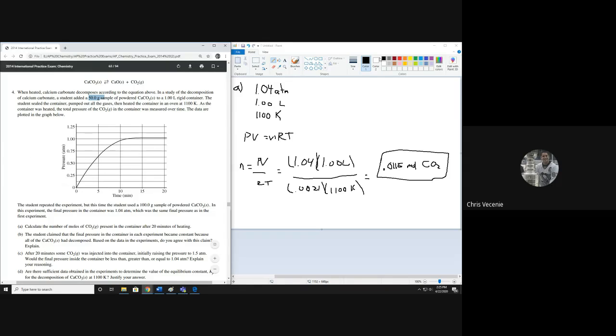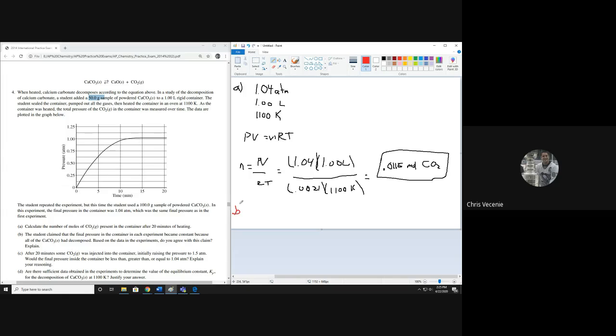All right, so into question B. B says, the student claimed that the final pressure in each container became constant because all the CaCO3 decomposed based on the experiment. Oh, sorry, I already answered that question. Okay, so it says, does it agree with that claim? So for B, you want to say no. If all the CaCO3 decomposed in both,